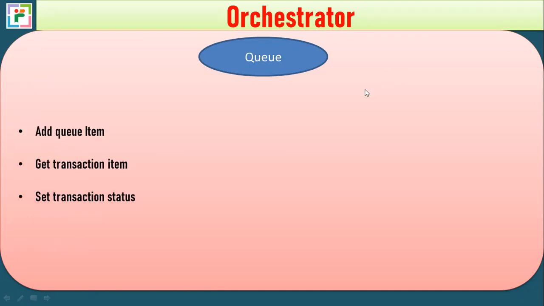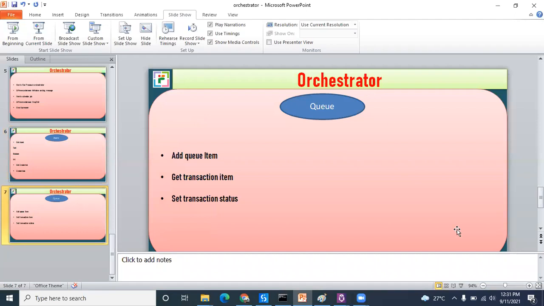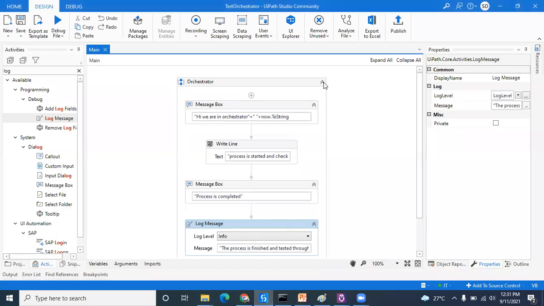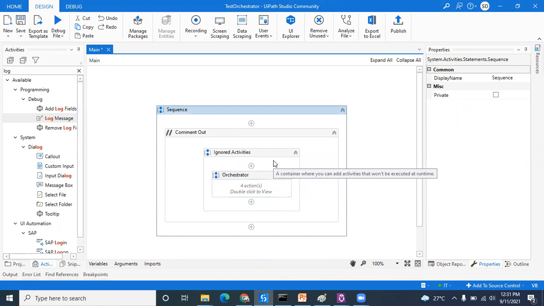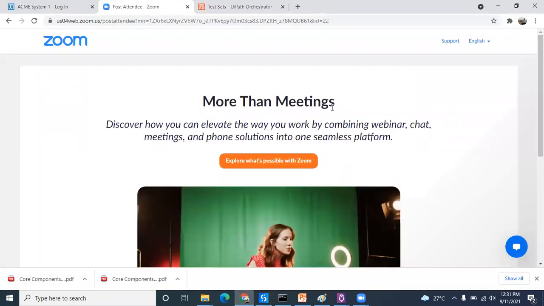Now we are storing the value in asset, and we are just getting the particular value from asset. How we can extract the value, that we want to see in today's session. Now let me comment this one. In UiPath Orchestrator, you can see